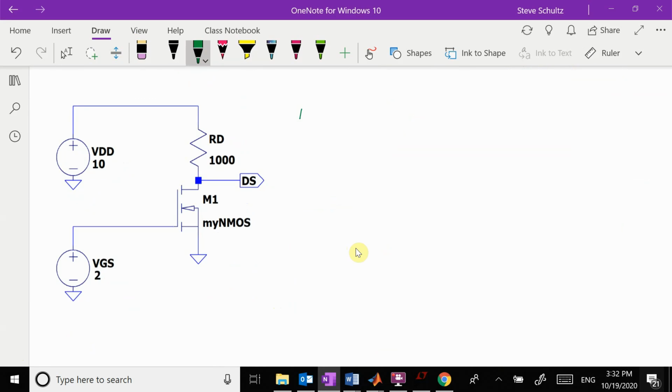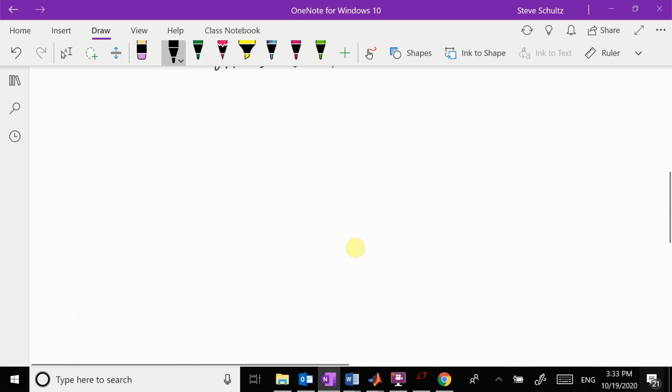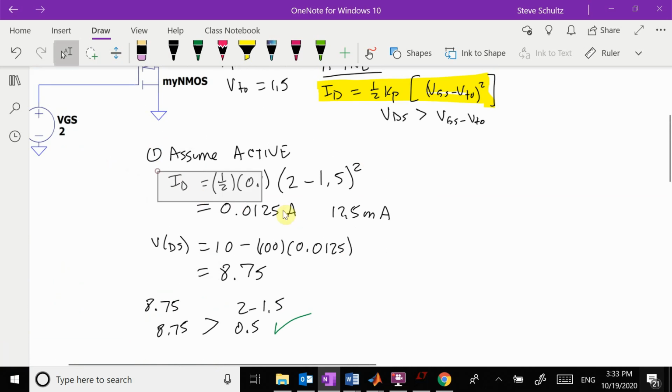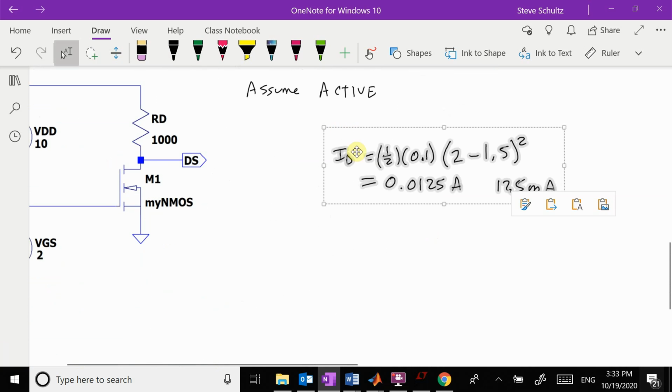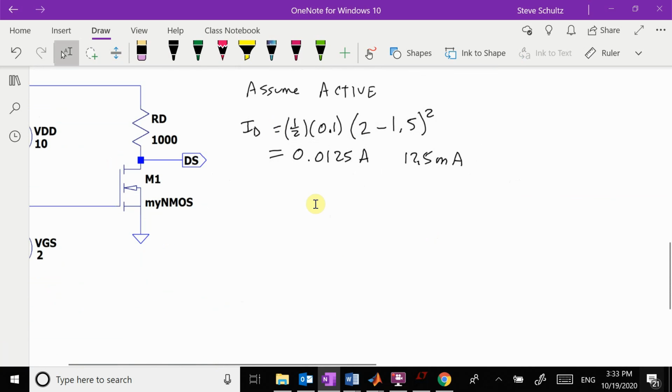So we're going to assume active, which means that I can just come up here and grab all of this because this stays exactly the same, because all we changed was our resistance. So we have this, and then we have VDS is going to be equal to 10 minus 1,000 times